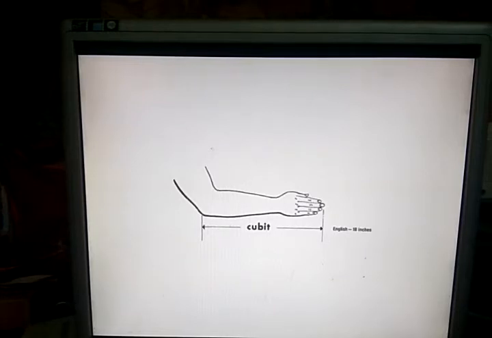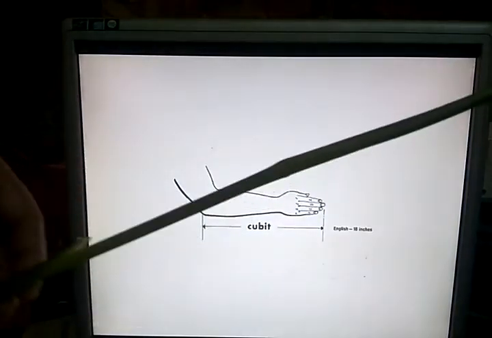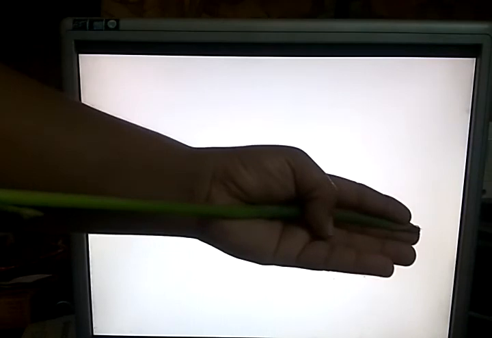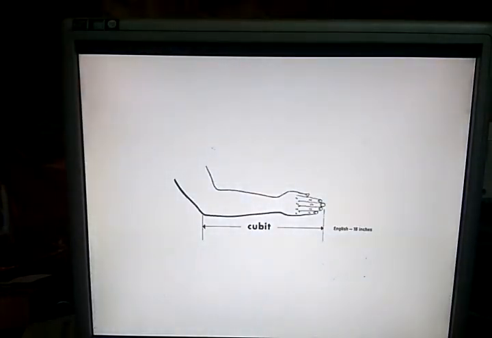Using cubit, we can measure things. Now look here. Can you see this stick? Now I will measure this. See, the length of the stick is 1 cubit. Next non-standard unit is